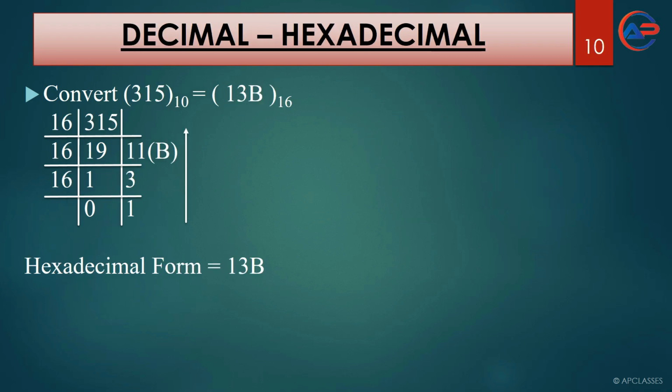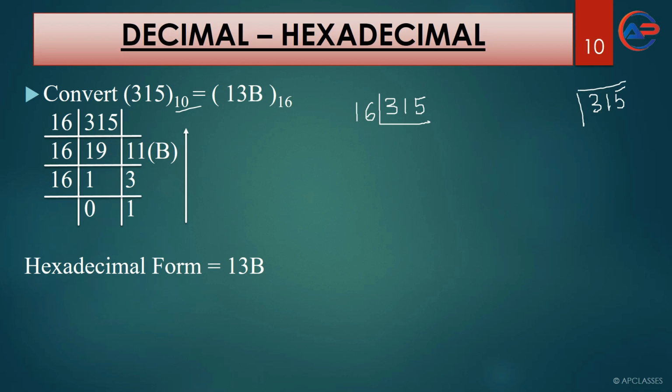Next, 315. 315 is a decimal number. We have to convert it to base 16. Here we have 315 divided by 16. Again, I am telling you, if you don't know the direct process, divide it separately and write the answer here, but don't make any mistake. What we can do here is write 315. I am saying this for those who don't know the direct process.